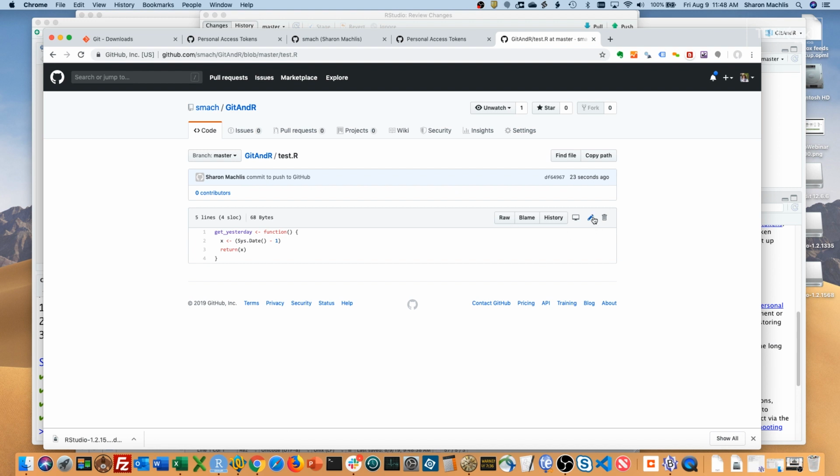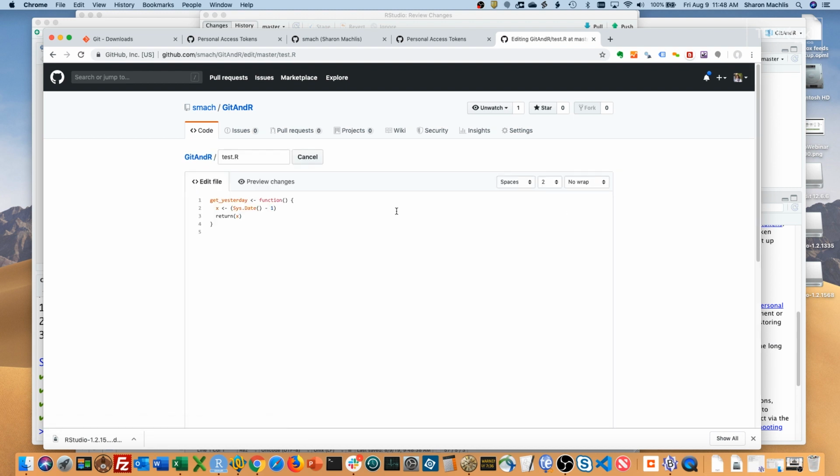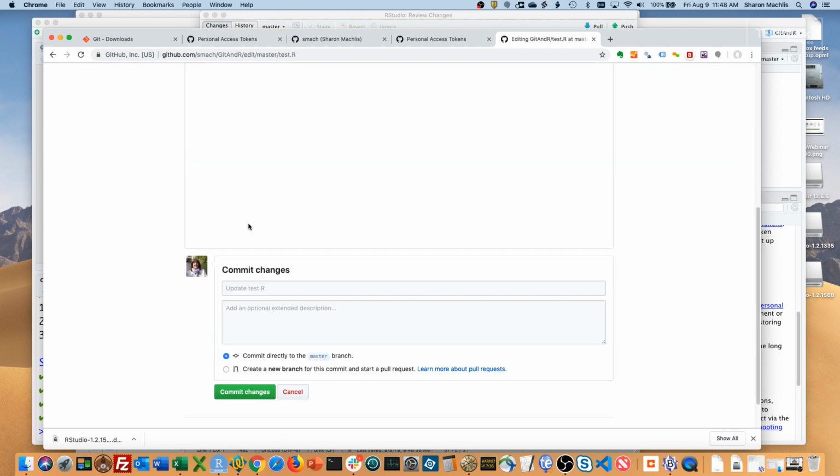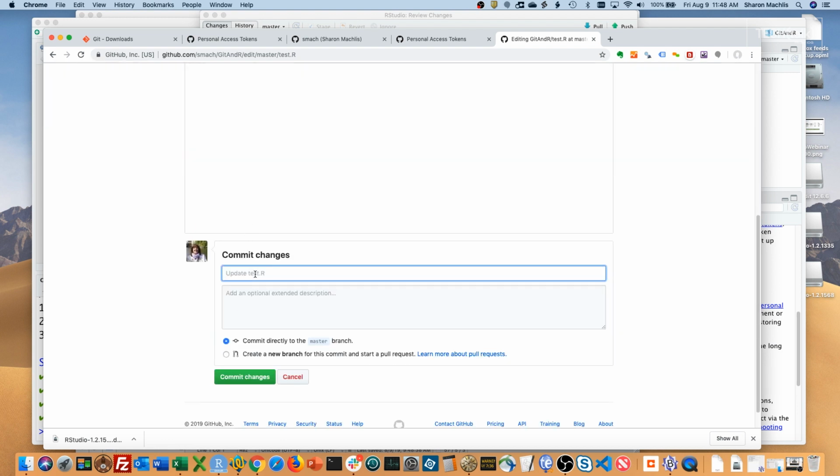Even better, if there's a change in the cloud version, let's say someone else pushed their work into the same file. I don't have anyone else, so I'm going to edit it here myself. Next, adding a comment from GitHub. I'm going to commit that with a message here, GitHub changes, and commit them here.